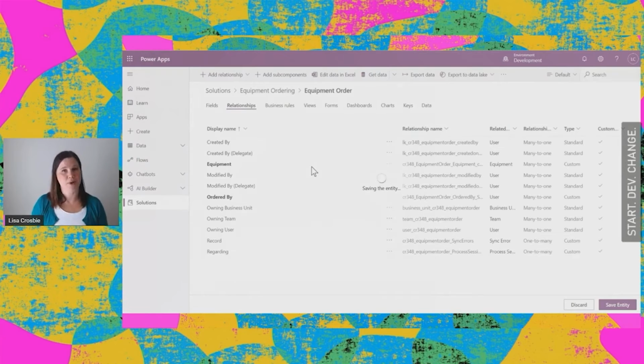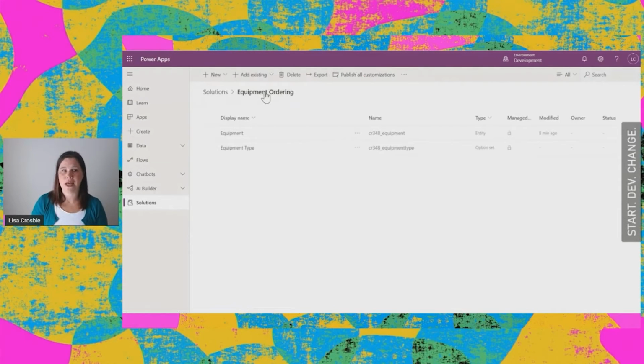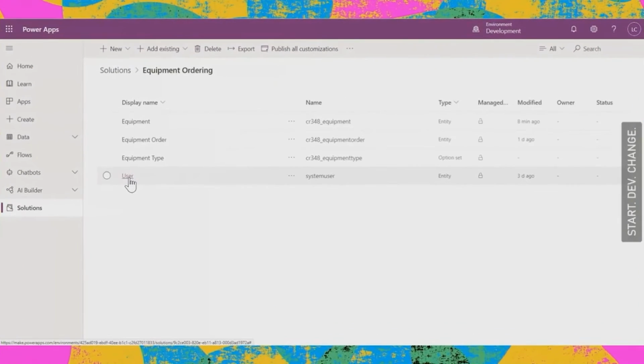So this is what we're talking about when we say a low-code way of building a database. All that scaffolding is in there, the relationships are just kind of connected up for you, and we're good to go. You'll see that that's added the extra piece into my solution for me automatically because I brought it in. So it's brought it into my solution as well, all of the bits I need in that solution bucket.